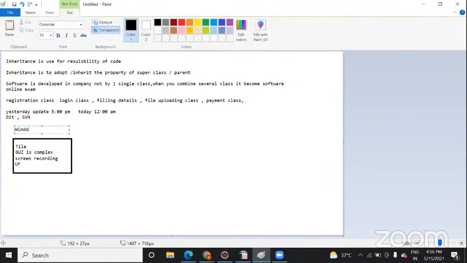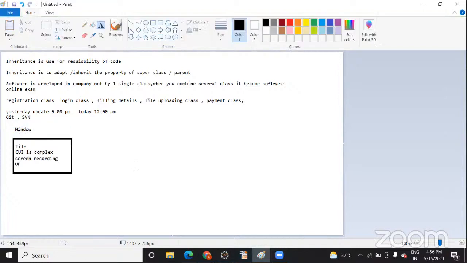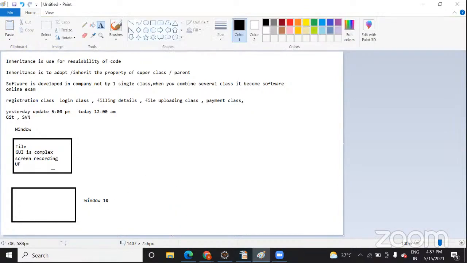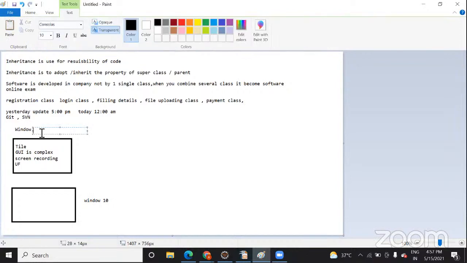Now, based on this drawback, when the Microsoft team decided to develop Windows 10, what did they do? Instead of creating the class separately, they inherited this Windows 8 class so that they can save their time.